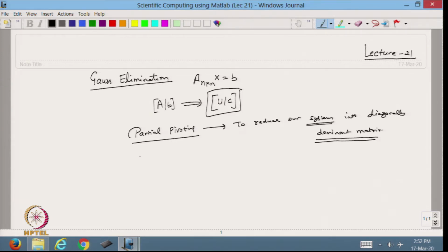So, today let us make the MATLAB code for Gauss elimination using partial pivoting.